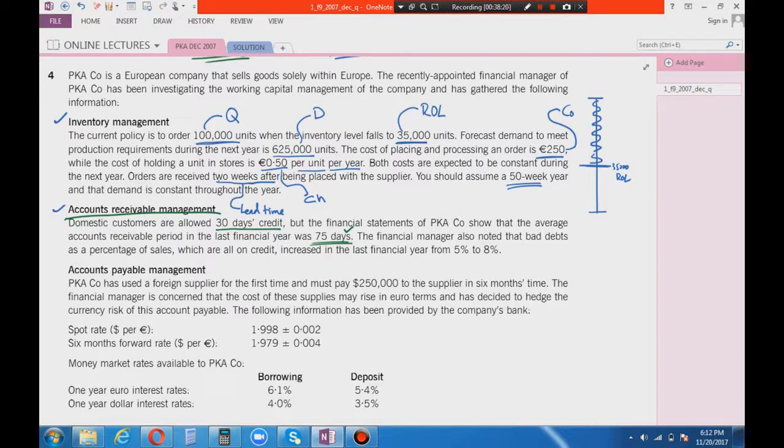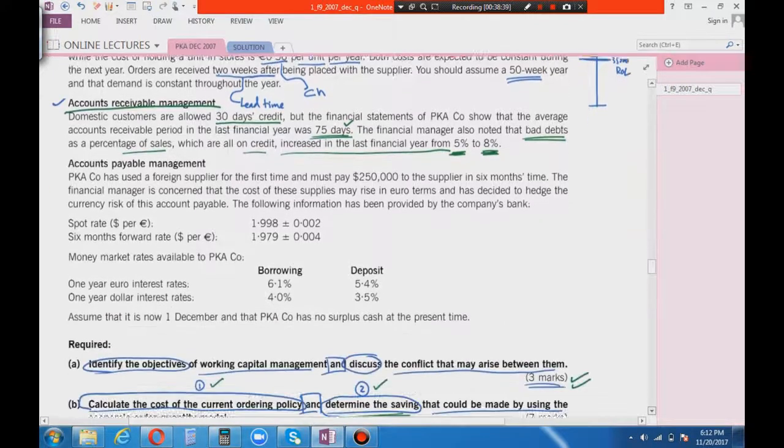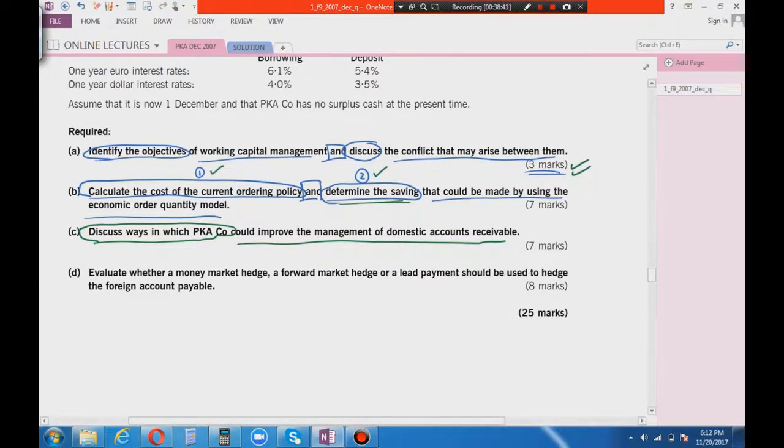And the second statement is saying that the financial manager also noted that bad debts as a percentage of sales which are on credit increased in the last financial year from 5% to 8%. Receivables. So let's see the question again. Discuss the ways in which PKA could improve management of domestic account receivable. How many marks? 7 marks. Well, before you suggest to PKA what they can do about the receivable management,